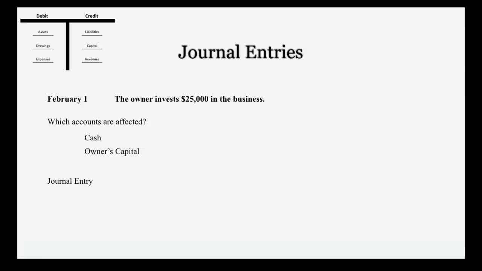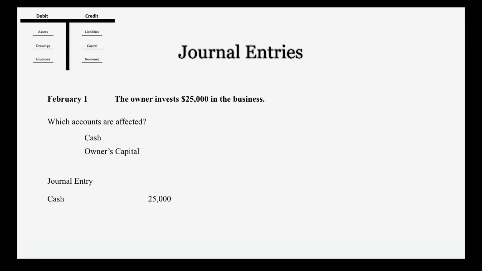work down into the journal entry portion, we need to think about, okay, which account's going to be debited and which account is going to be credited. Well, cash is an asset, and the amount of cash that the company now has gone up, right? The company now has an additional $25,000 in cash. So we need to debit our cash for $25,000. So we would write cash in our first line of our journal entry, and under the debit column in our journal page, we would put the $25,000.